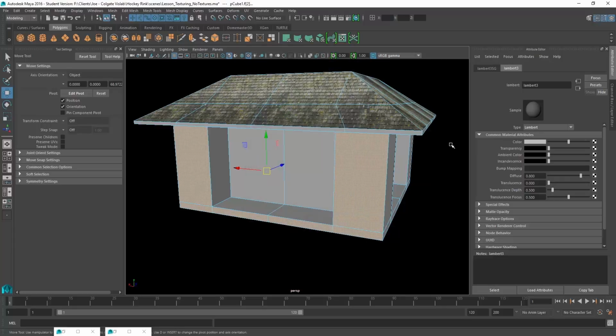Now it's worth noting that every material that you make use of in Maya has a number of common attributes. These are color, which we've made use of already,